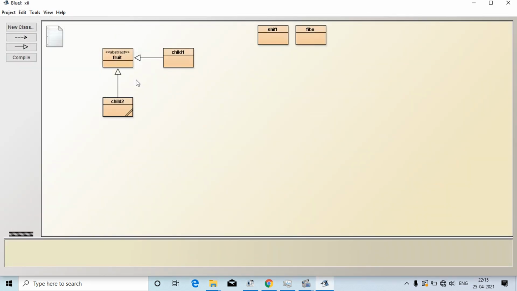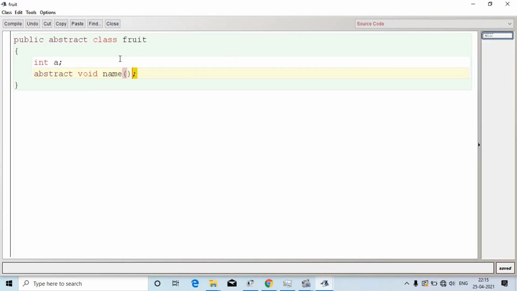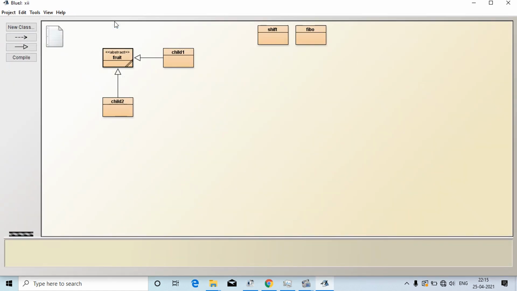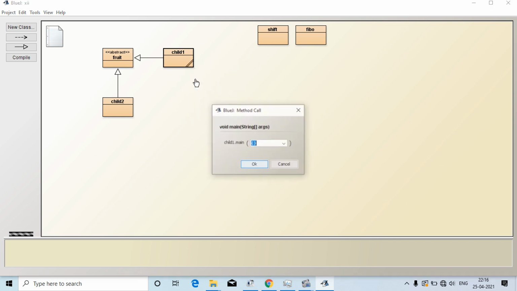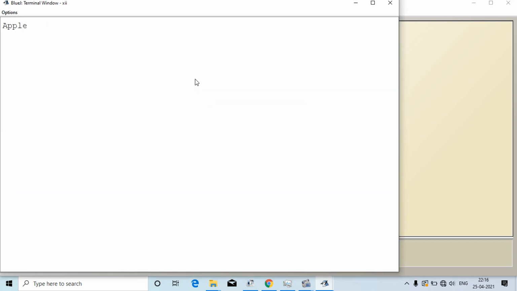As you can see, the method which is present in the base class, the name of the method is name only. This method's detail is different in both classes. In child1 it is a different detail, and child2 is a different detail. Now if I invoke this function from the first class, I'll get apple.